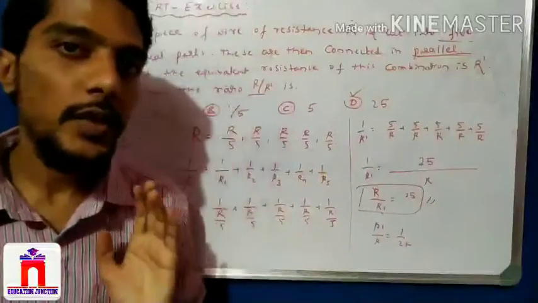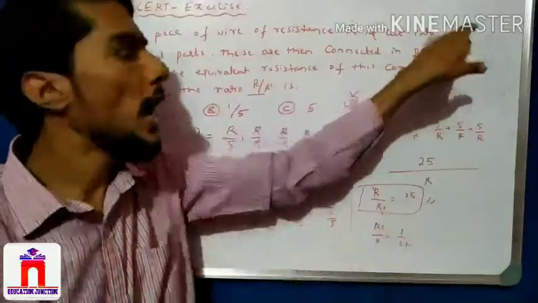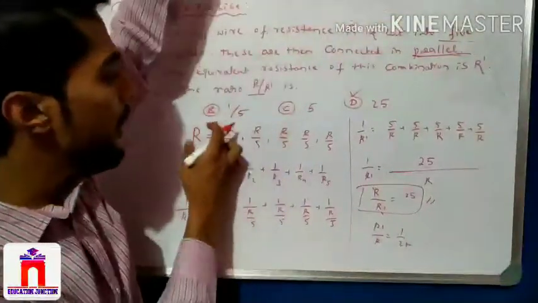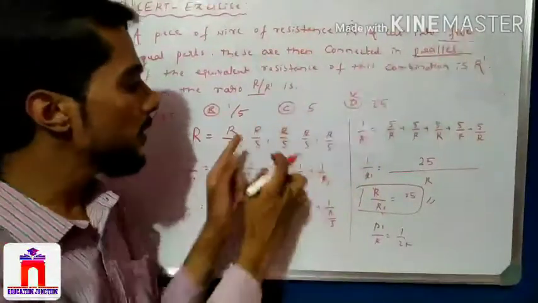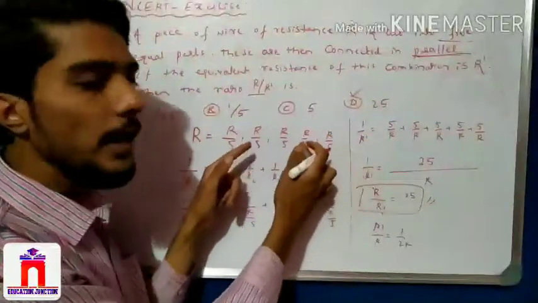So here, students, this is very simple. The main logic is you have to take parts. How many parts are given? R is fixed, they give R as the common resistance, but how many parts depends on that. If 5 parts, then divide by 5; 6 parts, divide by 6; 3 parts, divide by 3.